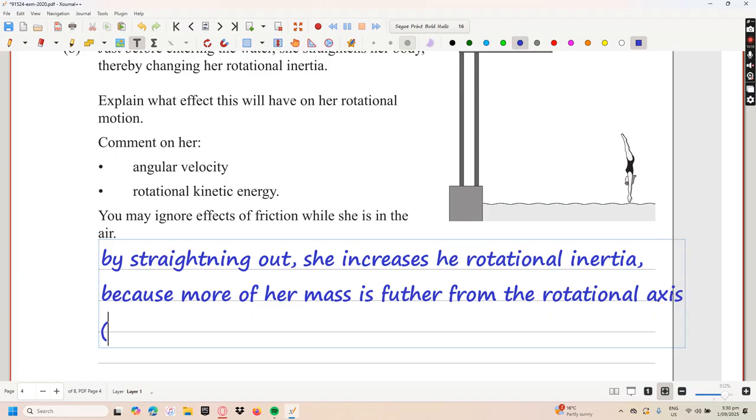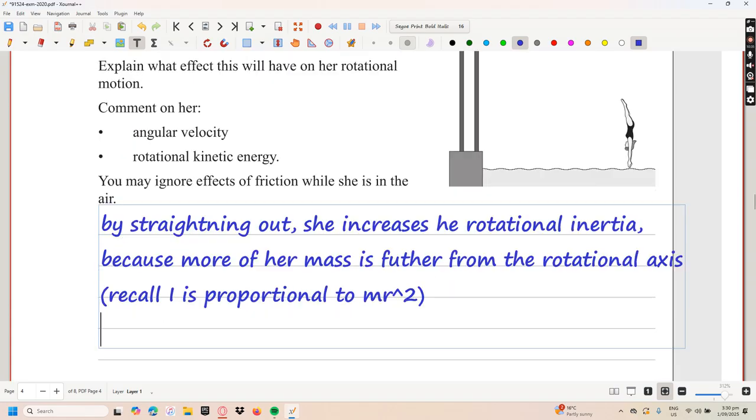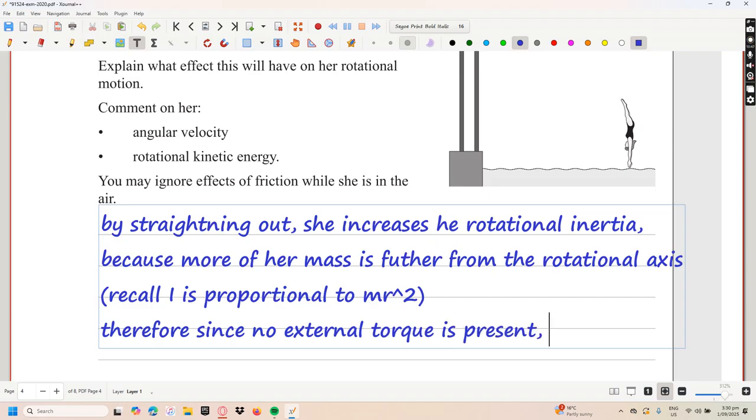Recall I equals mr squared, or I is proportional to mr squared. Everything's further away from the rotational axis, so she gets a higher rotational inertia. Therefore, since no external torque is present, nothing is pushing on her essentially, what's causing her to rotate,